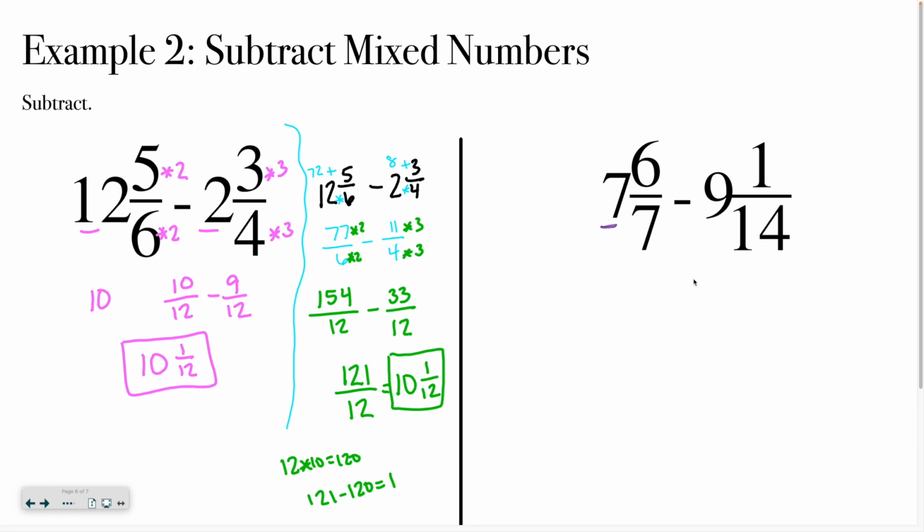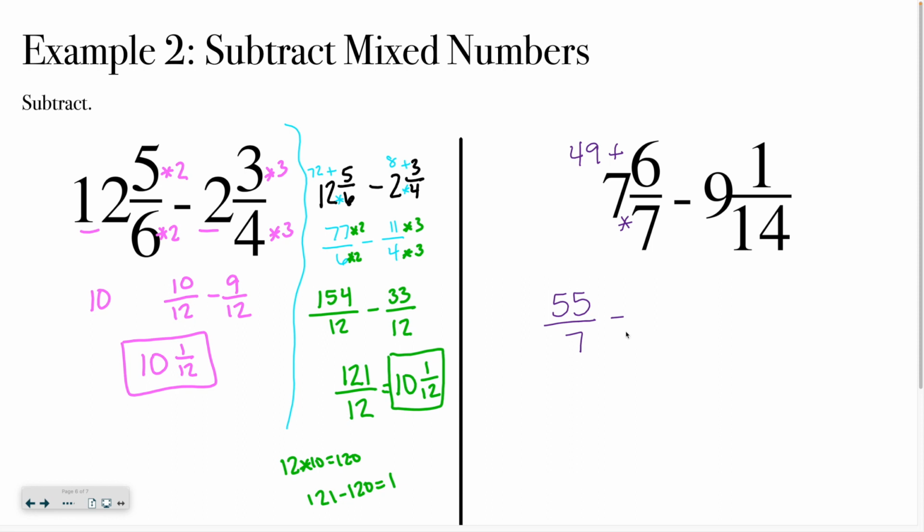So what I'm going to do is use that same process where I change it to an improper fraction. So 7 times 7 is 49, plus 6 is 55. So I have 55 over 7